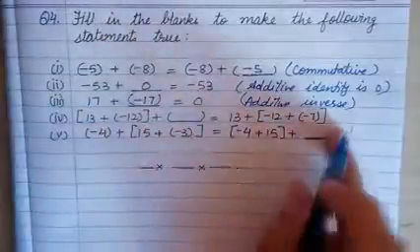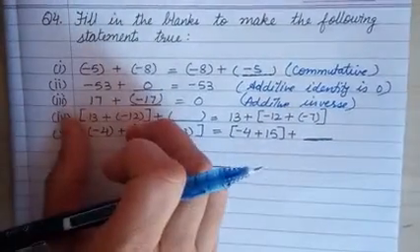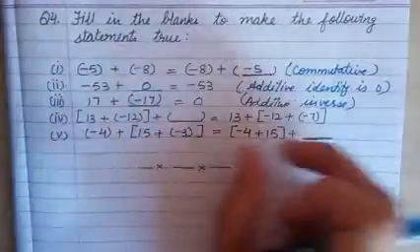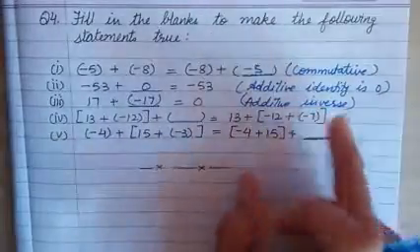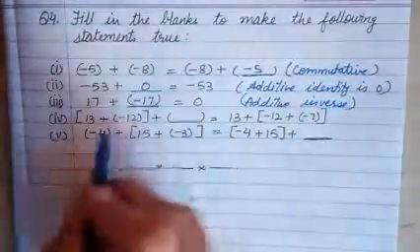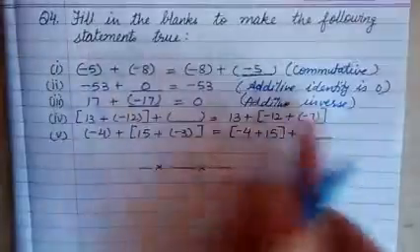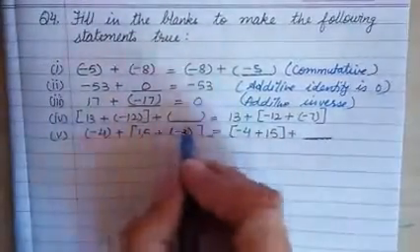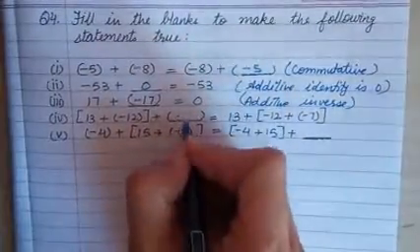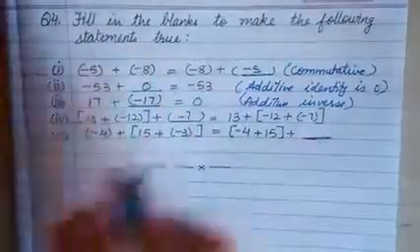Now here three integers are there, we are adding. First we are grouping these two, 13 and 12, then we are grouping here 12 and minus 7. So this property is associative property, equal to sign, both sides must be the same. Here 13, 12 is there, 7 is missing here, minus 7 we will write here, minus 7 is here but it is not here, so we'll write here.